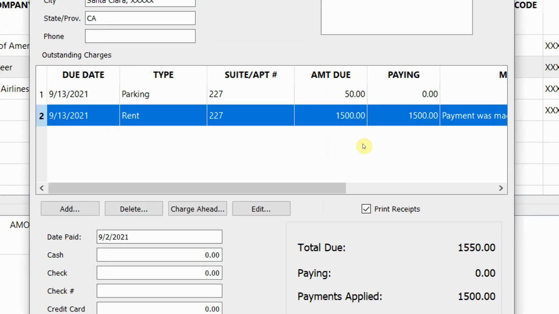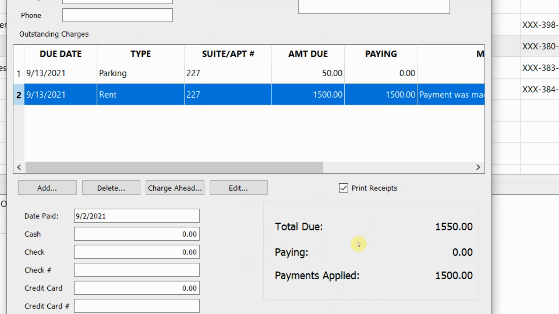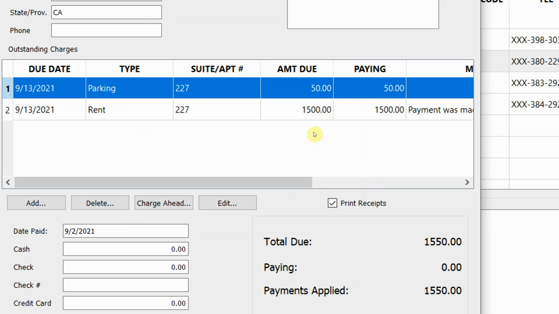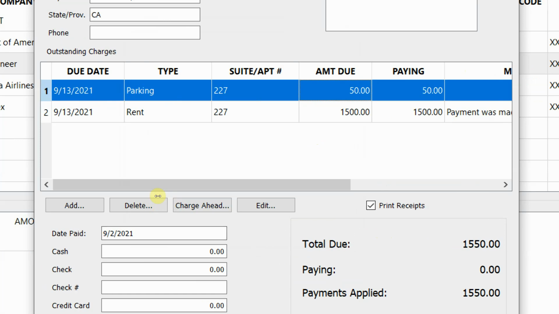I click OK. So it says 1,500. Now automatically you see payments applied 1,500. Now this is the total due, 50 plus 1,500. That's 1,550. This is the amount payment applied. Okay, 1,500. And then this one, 50. So I just click 50. You double click it. Okay, then you just click OK. You can edit it later. Yeah. So you can add